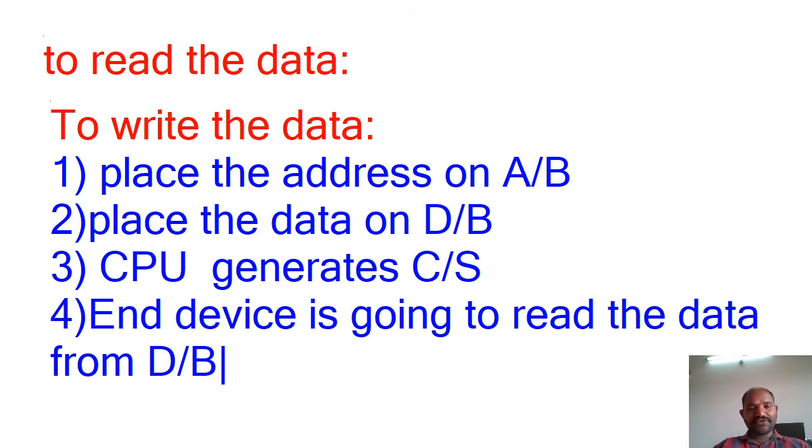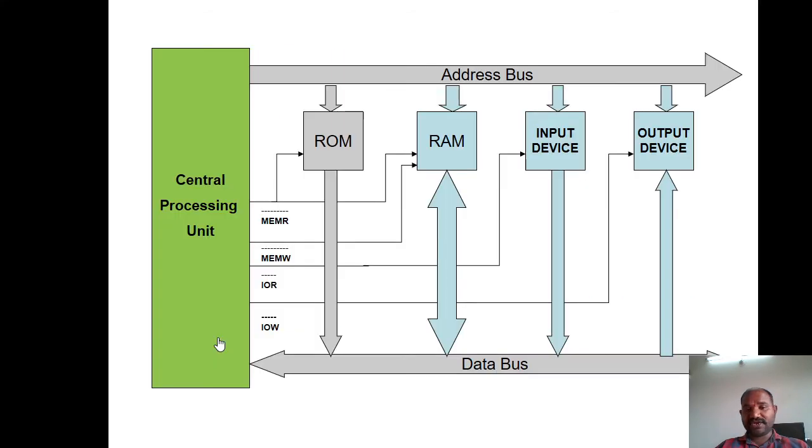Here, the first step is the CPU calculates the address and places the address on the address bus. You can take the data placement as the second step, but both are done in parallel. After some period of time, it places the data on the data bus. Only after placing the data on the data bus does it generate the control signal. Once it generates the control signal, the end device receives the data from the data bus into it. That is what we have with respect to the write operation, and this is what happens in the microprocessor in both the read and write operations.